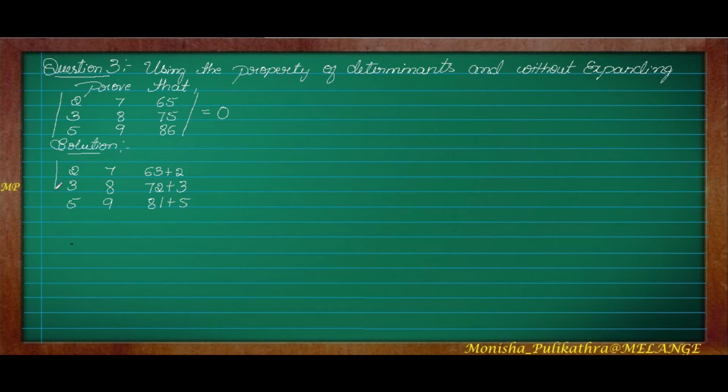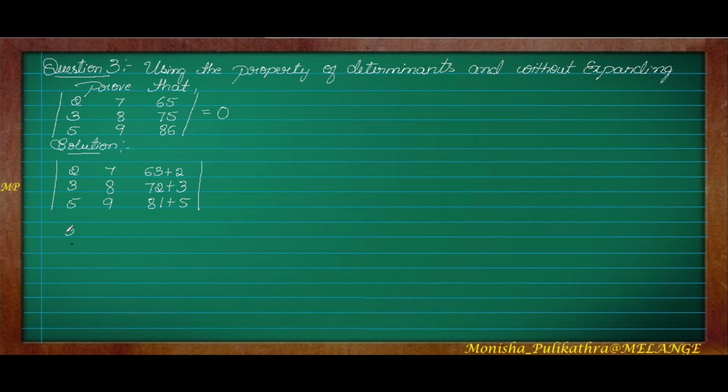Right? You just have to make some difference here. You have to make a sum of the numbers in this column. Instead of 65, you have to write 63 plus 2. 63 plus 2 is 65. Next, 72 plus 3 is 75. 81 plus 5 is 86. So next we have to split it into